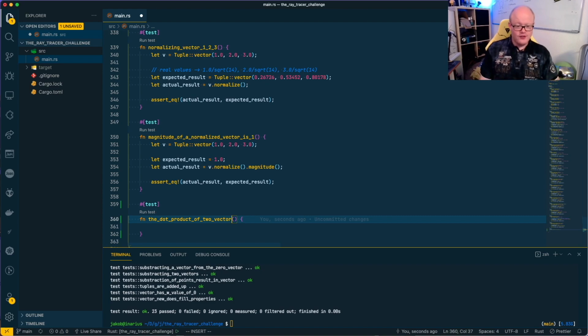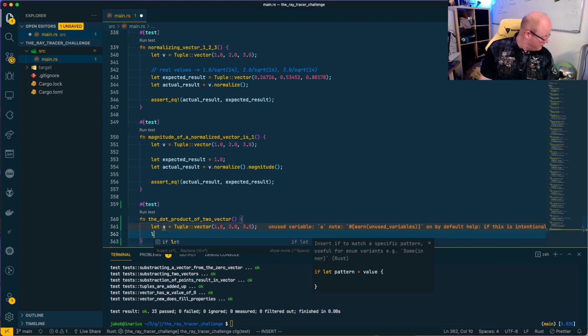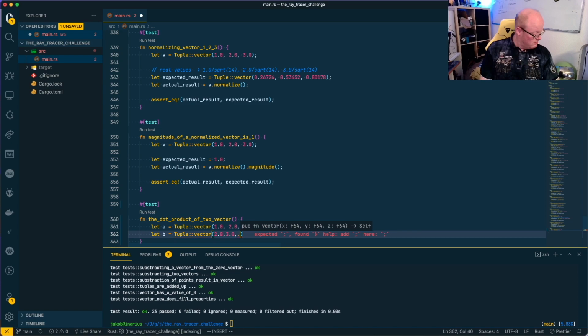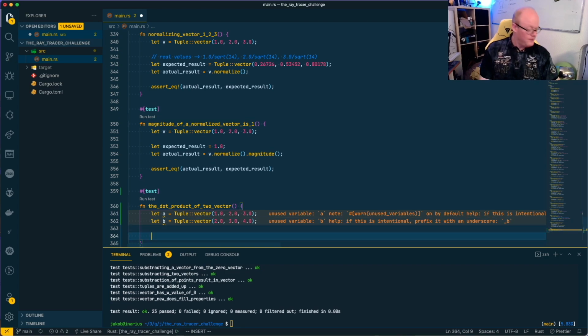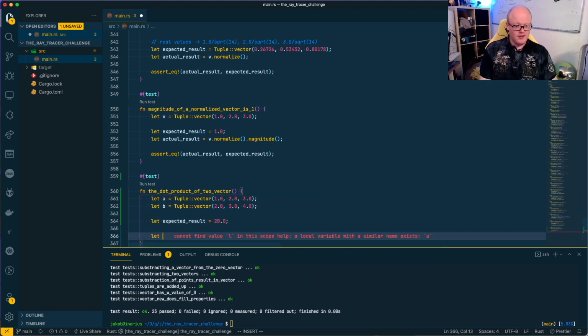So we have the vectors. Let a be tuple vector 1.0, 2.0, 3.0, and let b be tuple vector 2.0, 3.0, 4.0. Okay, yeah, could have guessed that. So yeah. And then we want to calculate the dot product of those two. And now let the expected result be 20.0, because that is the expected dot product, and let the actual result be